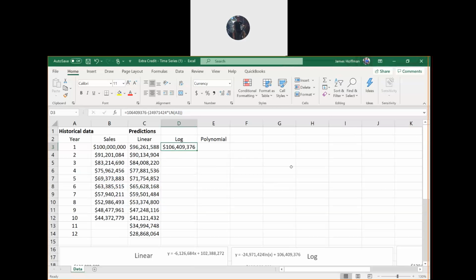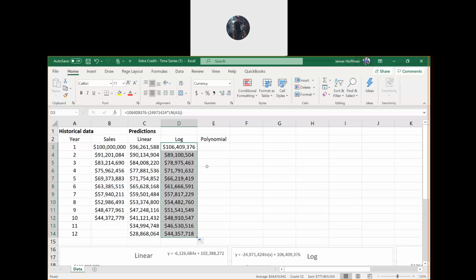So grab the bottom right corner of D3 and drag it down like this. Okay, and we've got one more to do, but you should get those values there for the log.